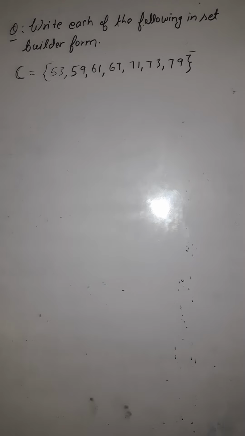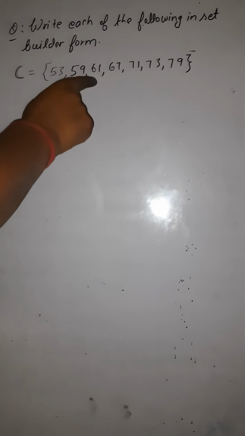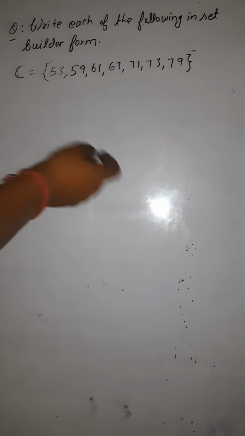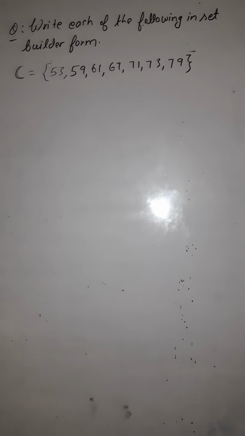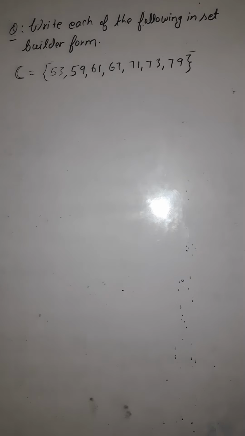So how to write? Basically all these given elements are prime numbers here. Look, 53 is prime, 59 is also prime, 61 is prime because they are divisible by themselves only. You cannot divide these numbers by any other number. So all are prime numbers. I can write the set C contains the element x